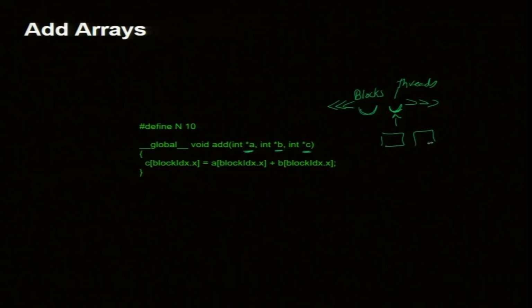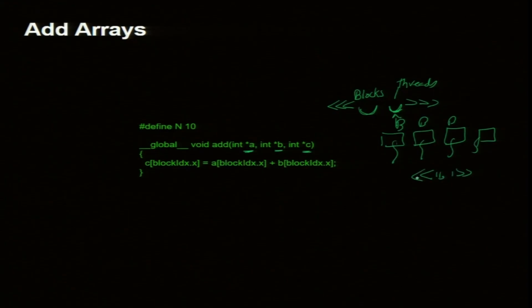I am sending the address, and then I have blocks, but I use only one thread per block. It is a waste of other threads, but this is an illustration. We go slowly and understand how the code works. I am using a lot of blocks, these are blocks, and I use one thread per block. That is why I had 1 comma 1 when I was using that example, one thread in a block. I need only one thread to add two numbers, right.